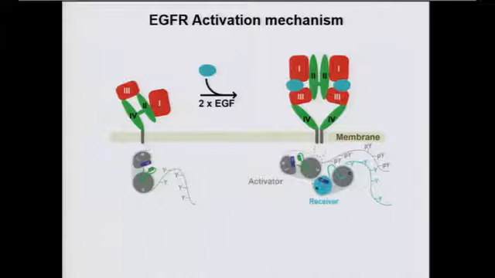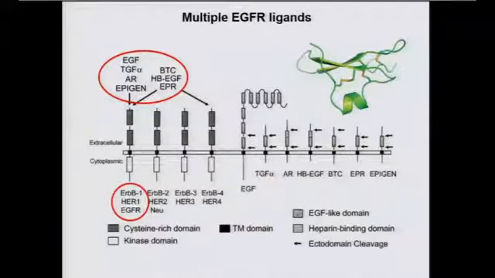So the puzzle for me here was, why is this so complicated, given that all we need to do is dimerize the receptor? And I think we're starting to understand why. And one of the pieces of data out there in the literature that always made one suspect that there might be something more to this, some more sophisticated allosteric regulation of these receptors, is the fact